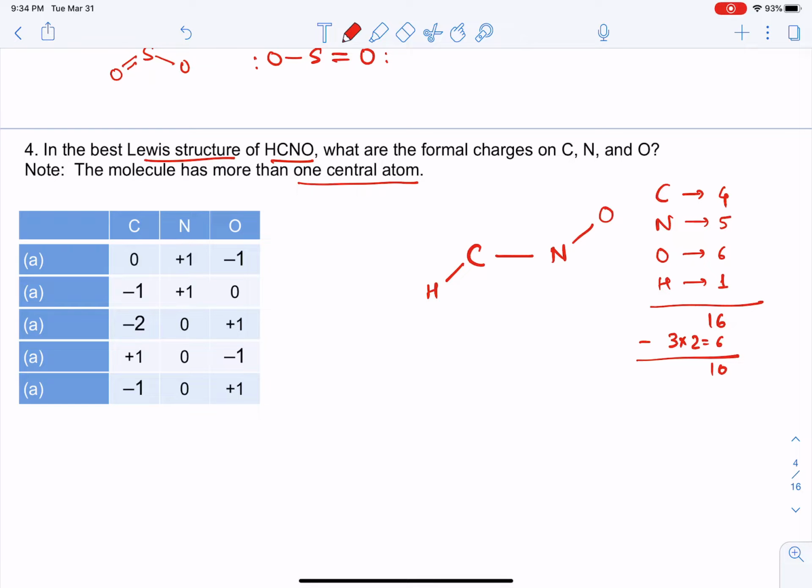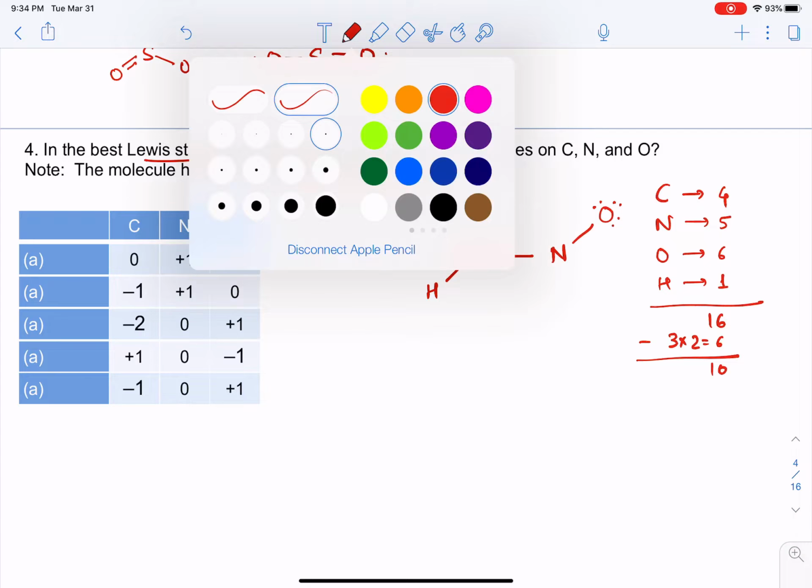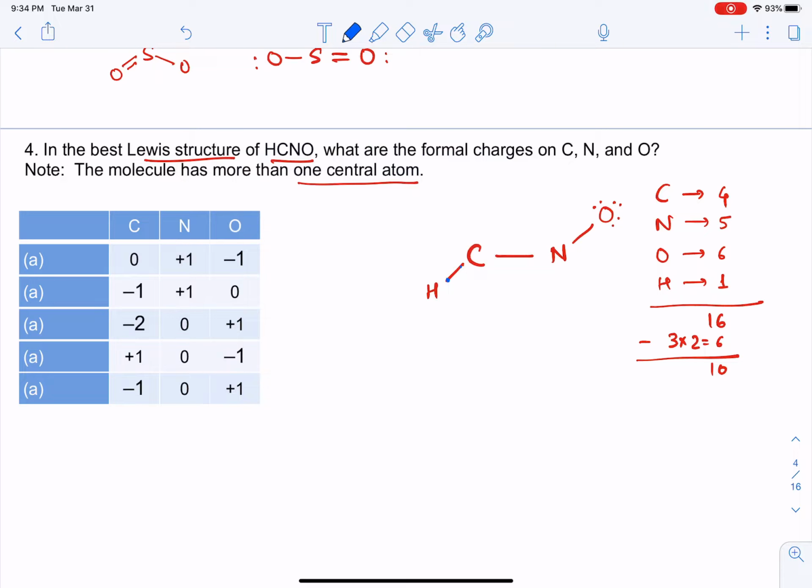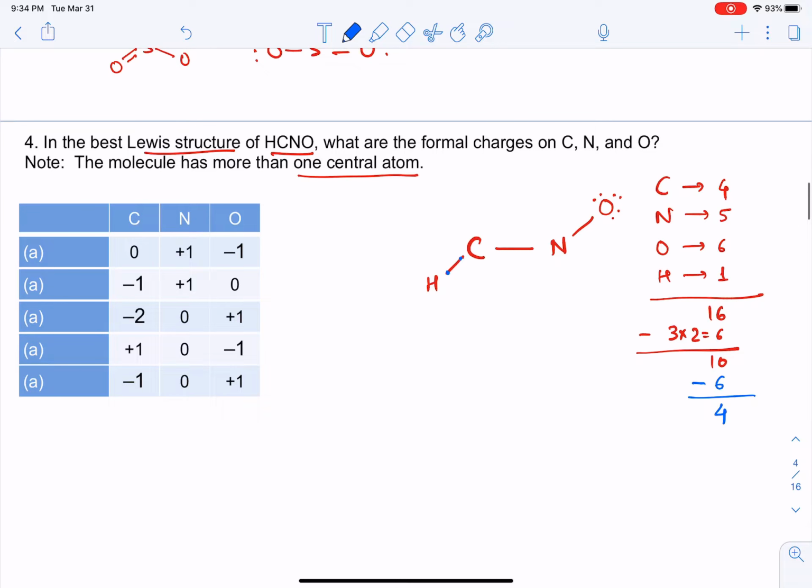First we will give these electrons to oxygen, the outer elements. Okay, that's 6. Hydrogen won't have anything because it already had 1, and now forming a bond, its duplet is fulfilled. So the duplet is fulfilled forming this bond. So what's left is 4. So what we can do is, first